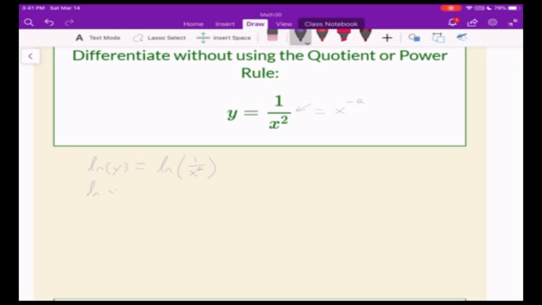So I can take the natural log of both sides of this, natural log of 1 over x squared. And of course everybody remembers their log rules, so when I'm dividing inside a log, this lets me take the natural log of the top. I'm saying natural log, but it really could be any log, log base 2, log base 10, whatever. But then minus natural log of x squared. All right, if I then differentiate both sides at this point,